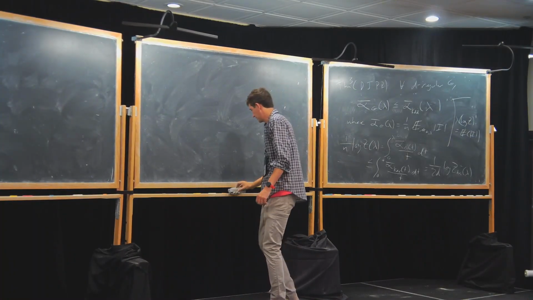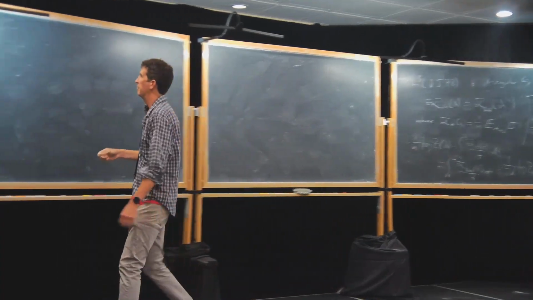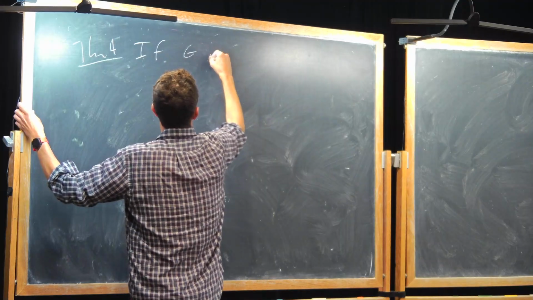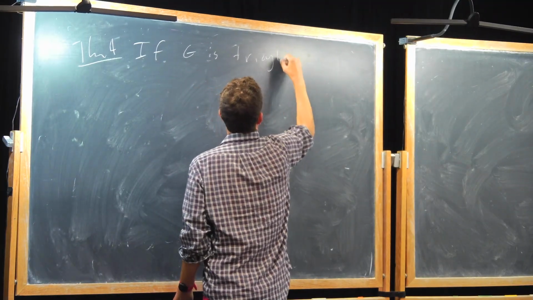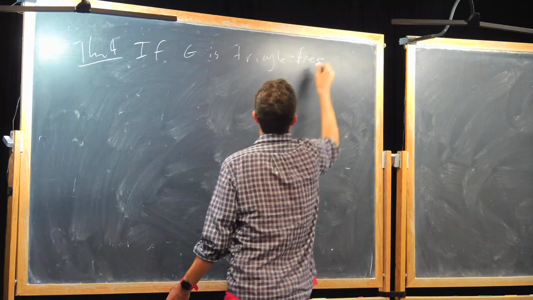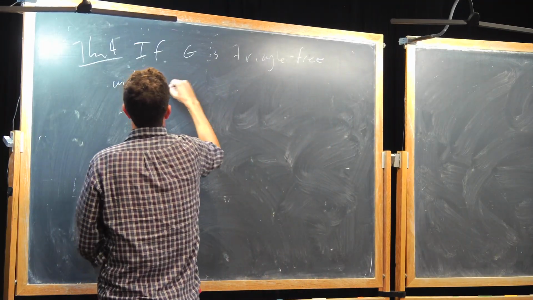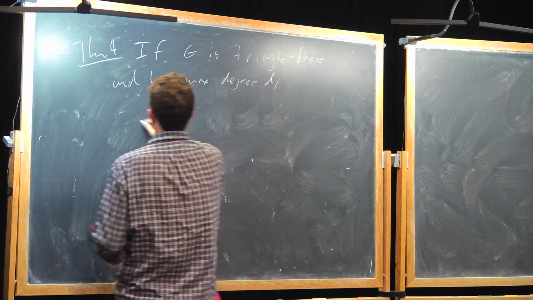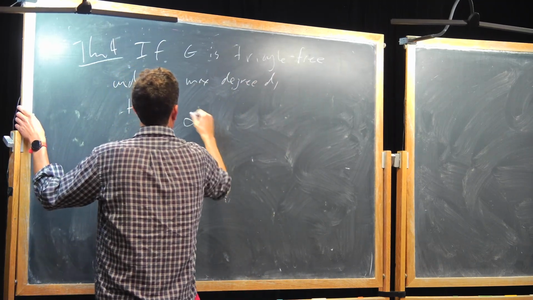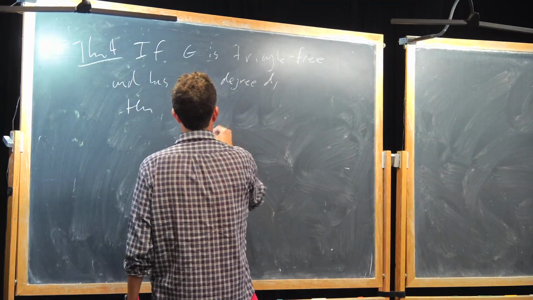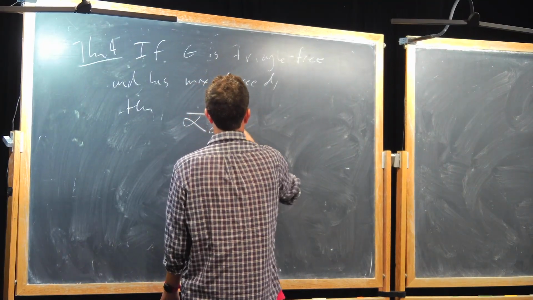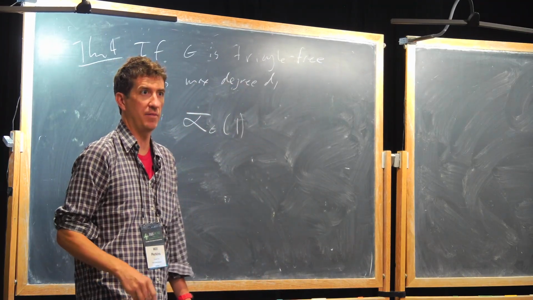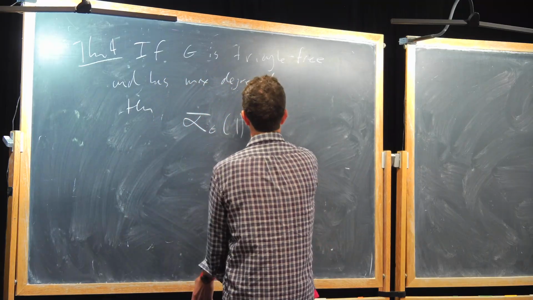Oh, I probably shouldn't have erased that one, just so you could compare. But theorem 4: if G is triangle-free and has max degree d, then alpha bar G of 1, which is just the average density of a uniformly drawn independent set, is at least